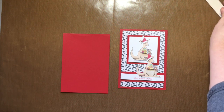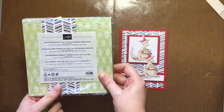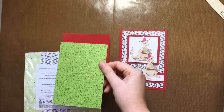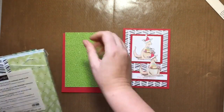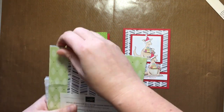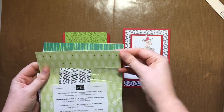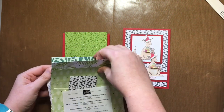Now the DSP that I've used for this card is actually a non-Christmas paper pack. I've actually used the Tropical Escape 6x6 designer series paper. So on the other side of the piece I'm going to use, I've got a lot of greens and whites. We have a lot of tropical themes in this. I'll just show you a few of them. So we've got leaves, more leaves,